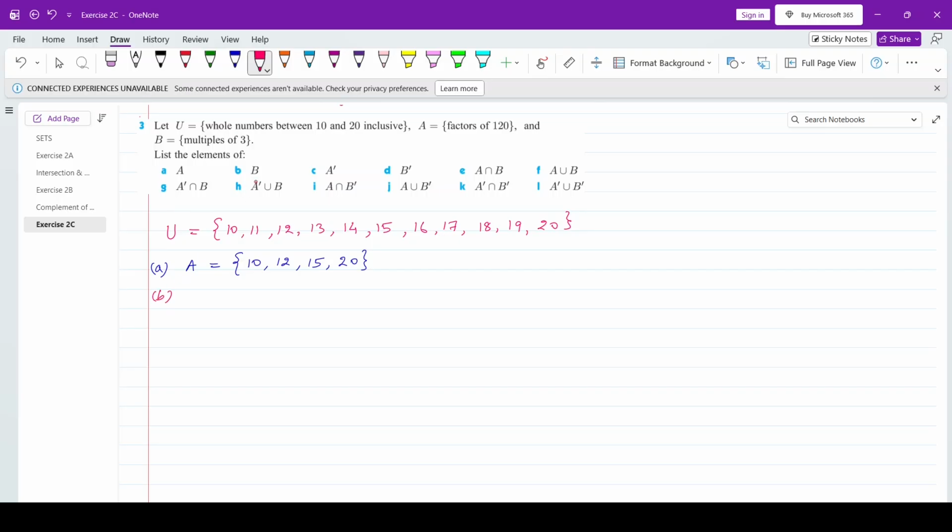Part B, the elements of B. What is B? B is a set of multiples of 3. So the multiples of 3 between 10 and 20 inclusive are 12, 15, and 18. Now part C says